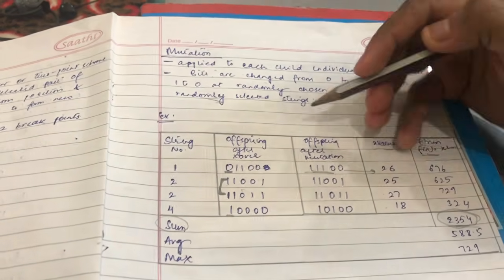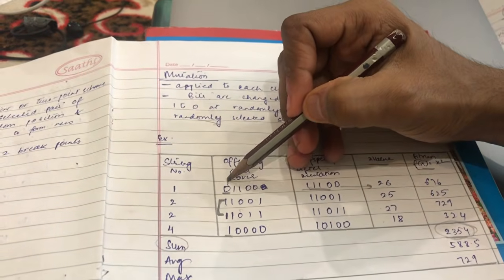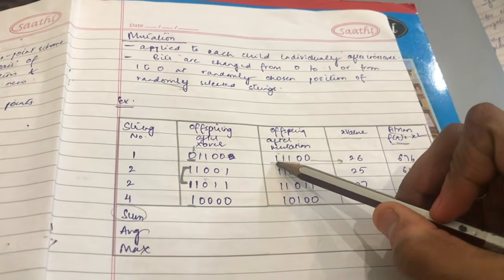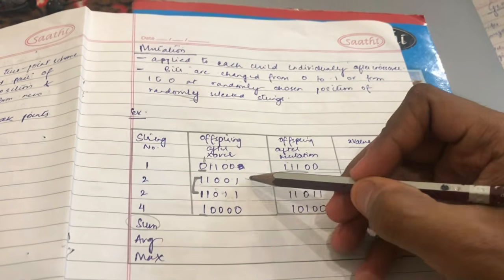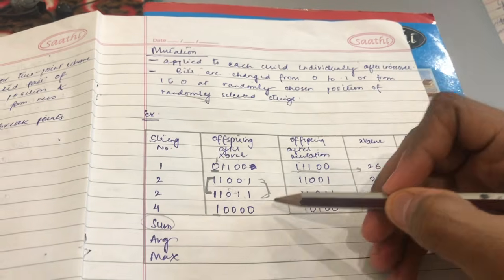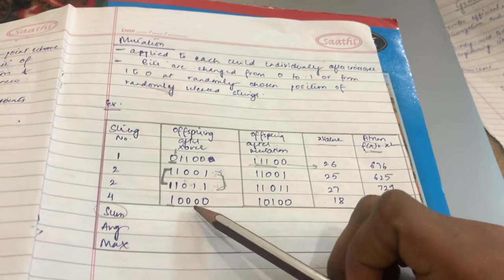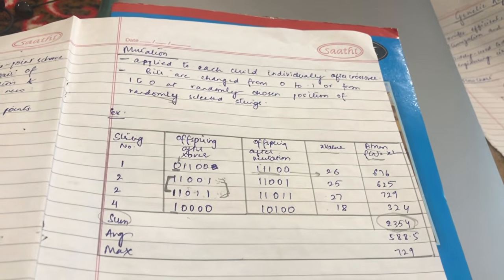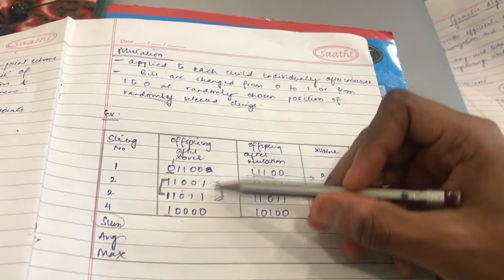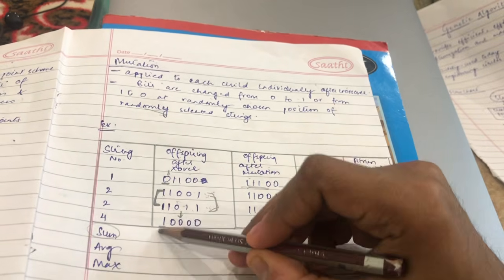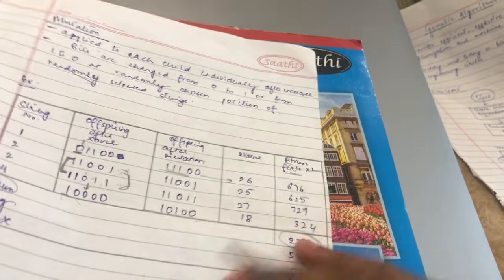Now the offspring after mutation. So this will mutate at position 1, so 0 becomes 1. Again this is done randomly. We have not done anything to these two values because these had the highest fitness values, that is 625 and 729. Again, as I said, we randomly apply the mutation operator on randomly selected strings, so we'll not do anything with these two strings. If you want, you can do it with these two strings as well, but here we have not applied mutation to them. Now we have applied mutation at this place, so 10100. So we have got this value.